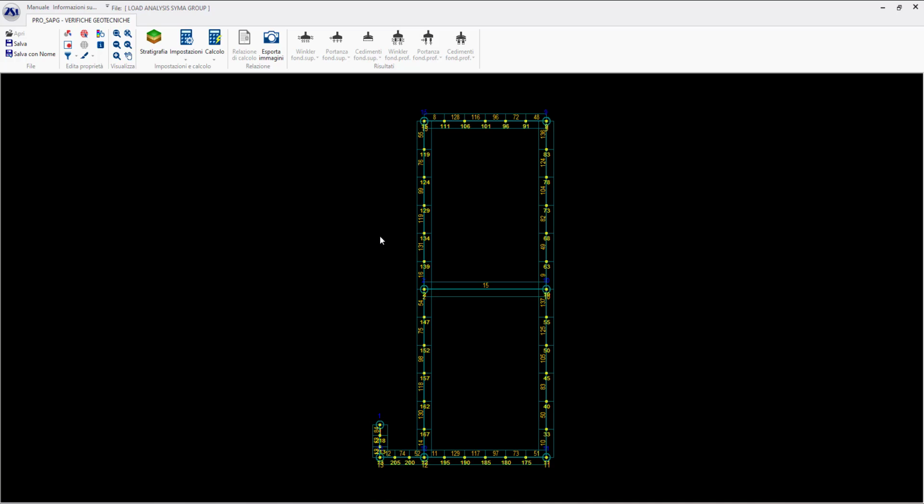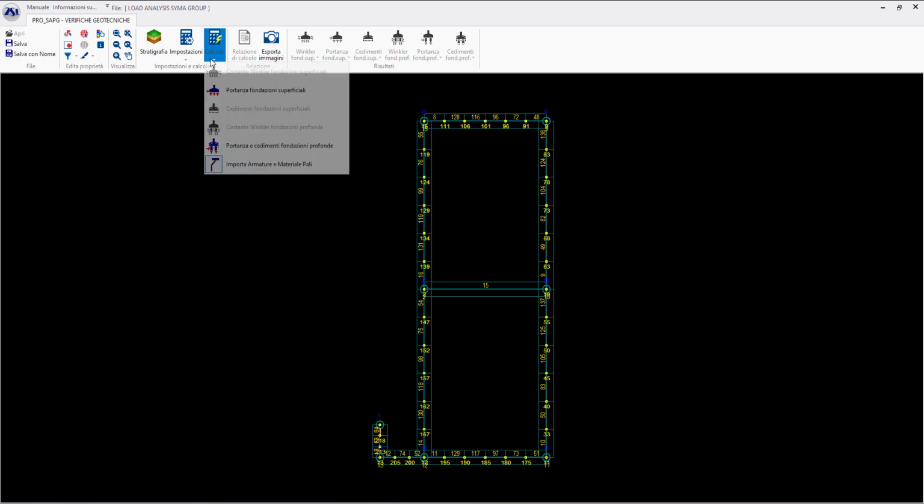And after that, we're going to do the checks for superficial foundations and for deep foundations. First of all, it's better to do the checks on the surface foundations.